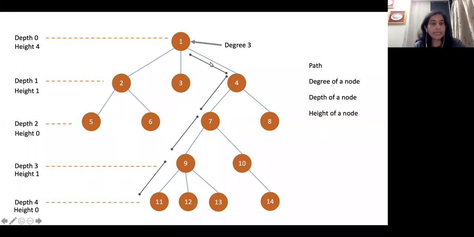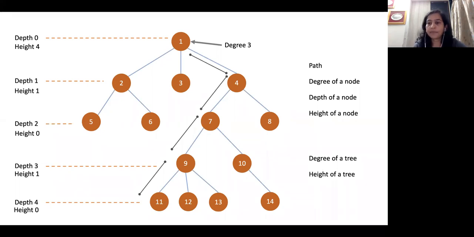The other terminology is the height. Now height is exactly the opposite, because height for any leaf node is counted as 0. So this node is 0. Then for any node, you count the number of edges on the longest path to a leaf node, and that would be the height. So let me know if you're not following, but the leaf node is 0, and then as you go up, the height climbs.